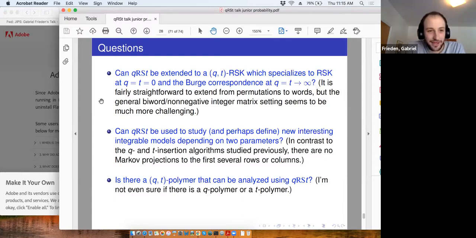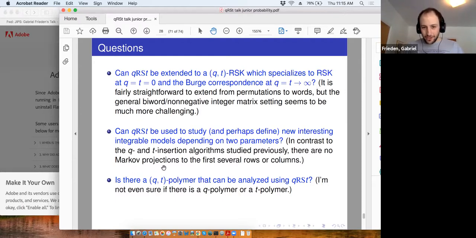I'm not sure I think that there is. There might be, but it's not so easy to find. Although it is straightforward to do it in the case of just words rather than arbitrary matrices. So such a thing does exist in the case of words. And then I have these questions